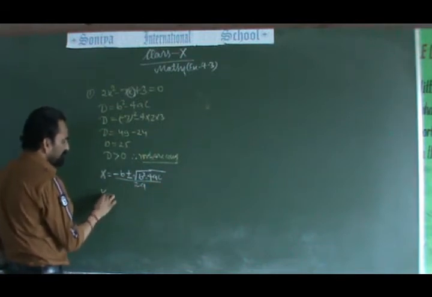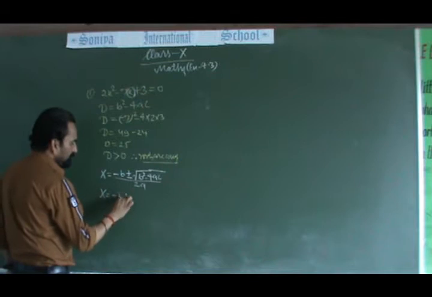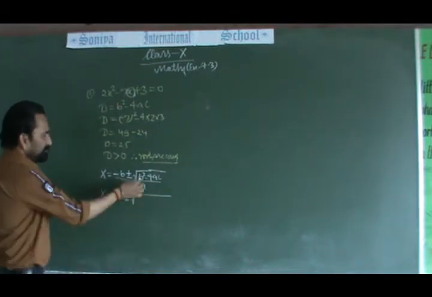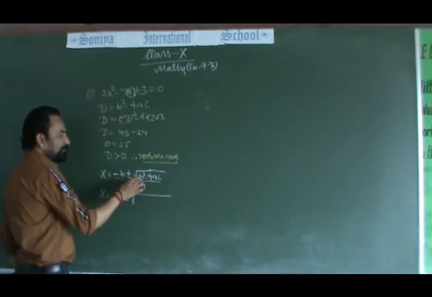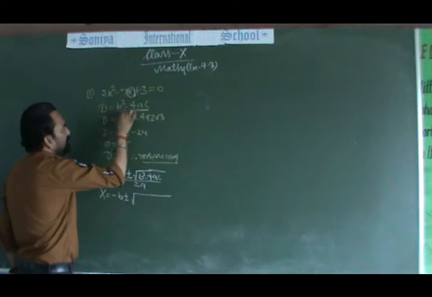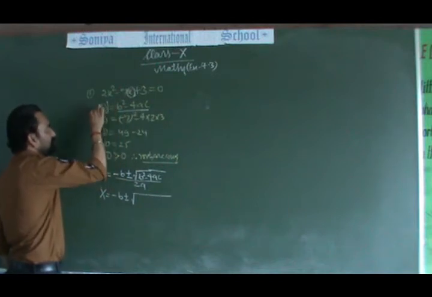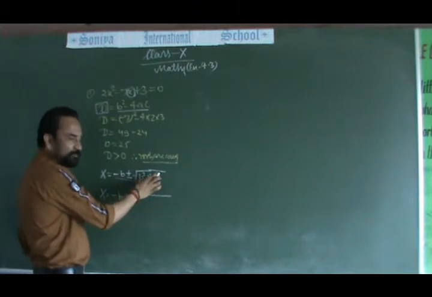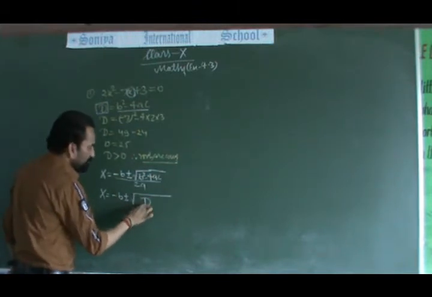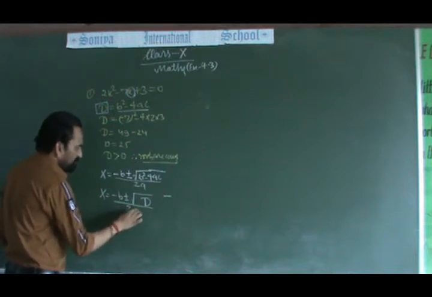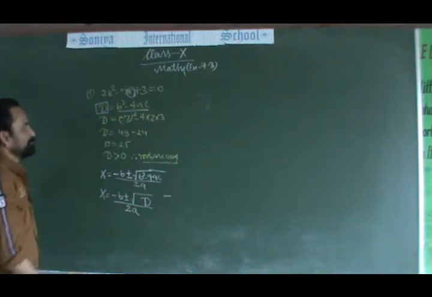And you can also write this equation in this pattern. Everyone please pay your attention here. What is written inside the square root? b square minus 4ac, and we all know that b square minus 4ac equals d. So instead of writing b square minus 4ac, we can also write d. So x equals minus b plus minus root of d upon 2a.